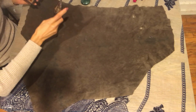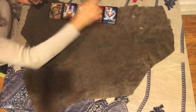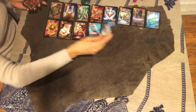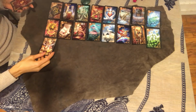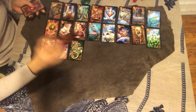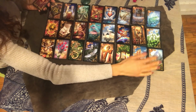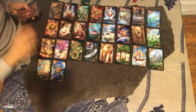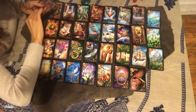Okay, here we go. The book, the path or the crossroads, the park, key, the heart, anchor, the coffin, and the bear. Next line, the sun, the letter, the woman, the fish, the storks, rider, the dog, and the clover. The mice, the bouquet, the snake, the birds, the cross, the tree, the boat, the ship, and the mountain. I forgot to say this is the Gilded Reverie Lenormand. It's a beautiful deck. And the tower, the stars, the moon, the lilies, the fox, the ring, the whip, and